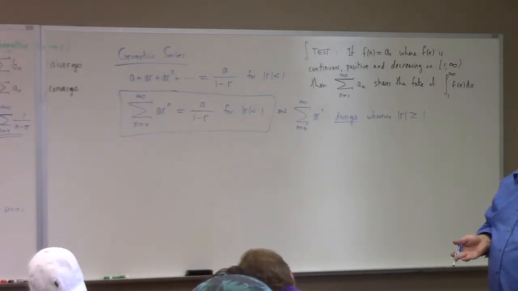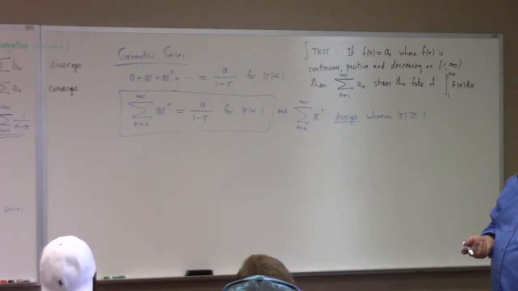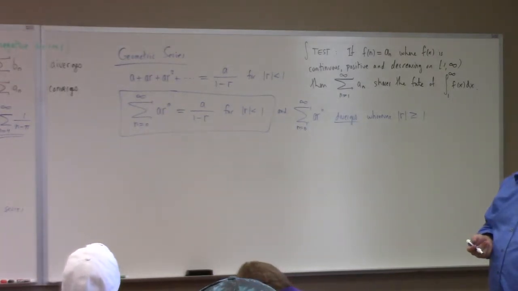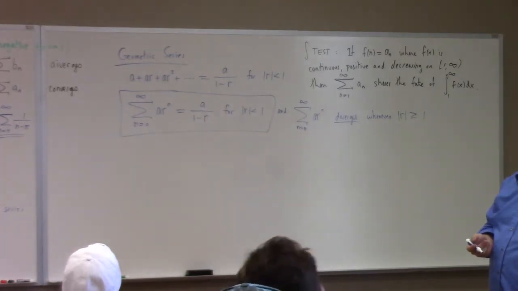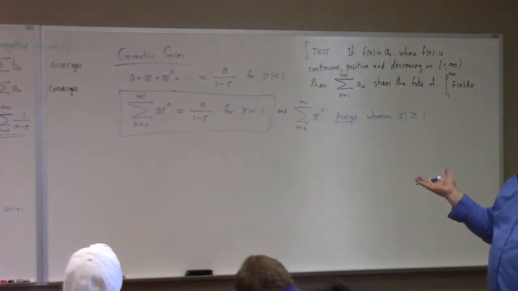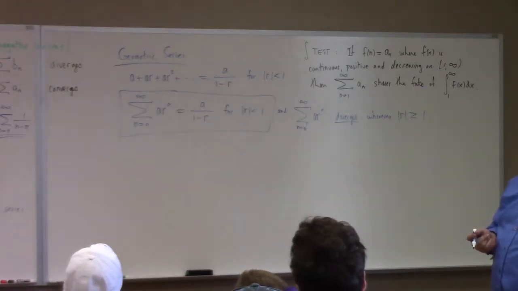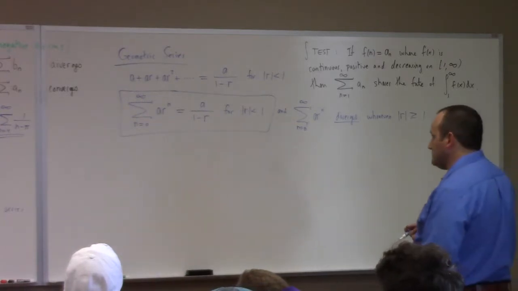I proved this yesterday basically by calculating the nth partial sum and then subtracting r times the nth partial sum for you. And I multiplied it by a today for our convenience. I had a being 1 yesterday, and I had r equal to x yesterday. Can you pull a constant out of